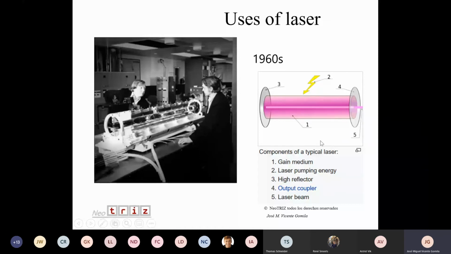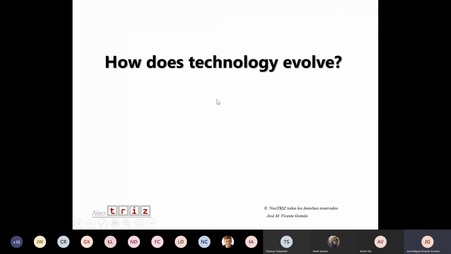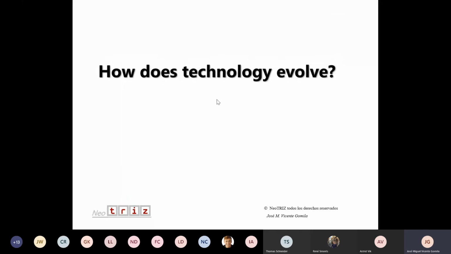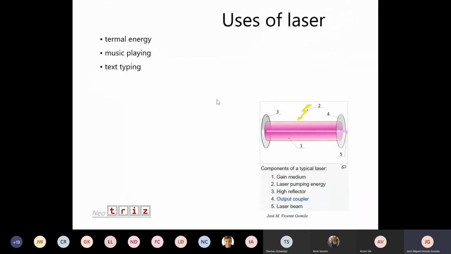Okay, so well, this is to see you. This is a new magazine, a current magazine, and where have all the lasers gone? This is the question. But the point is, we can see many uses of the laser. But let's ask again, how does technology evolve? And we can see different uses of laser: thermal energy, music playing, text typing, surgery, ophthalmology, communications,